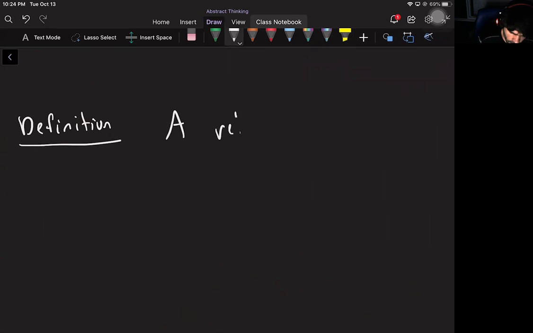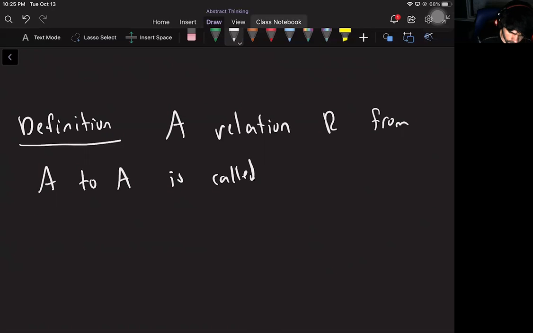Okay, so this is a property of a relation. So I have to, first of all, have a relation R from, well, these relations are already especially nice because they're going to go from a set to itself, from A to A. To be able to do this stuff, you have to go from a set to itself. So R is called reflexive. This is the first property. If for every element A, A is related to